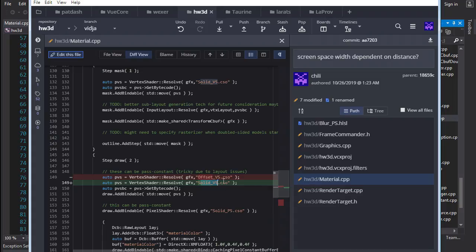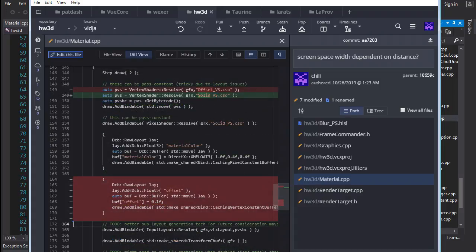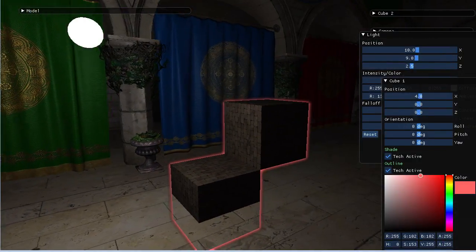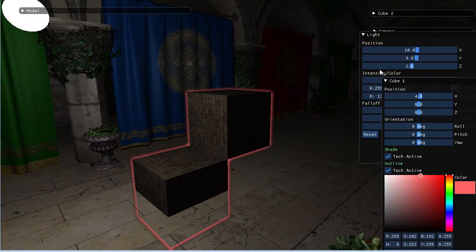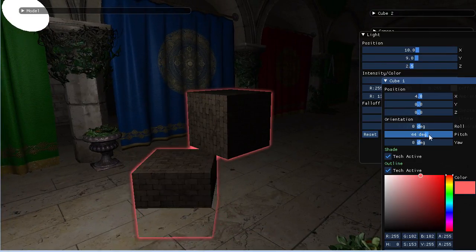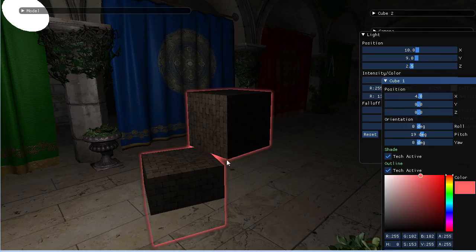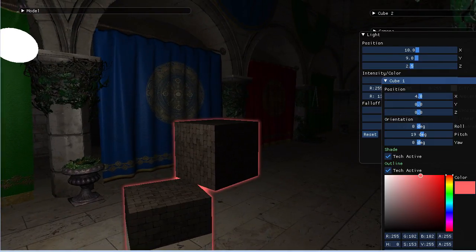We're drawing the silhouette, same size and same vertex positions as the original geometry. So we don't need this constant buffer anymore for the offset vertex shader. We can remove that. But everything else stays the same here. And yeah, here you see the final effect, and it looks pretty good. We can rotate our cubes. The outline is looking pretty good, but all is not perfectly well in the world here, because if we